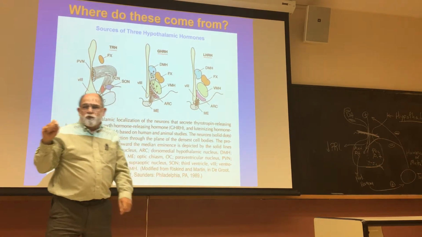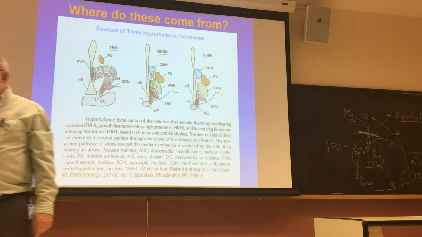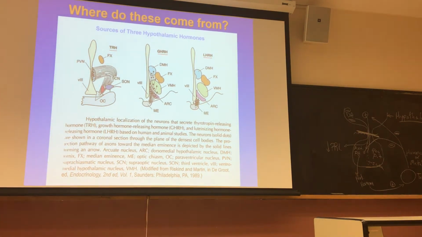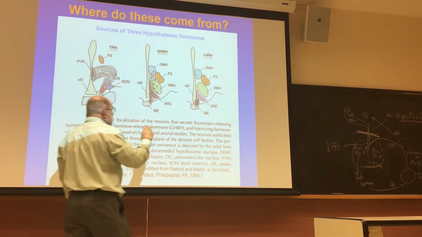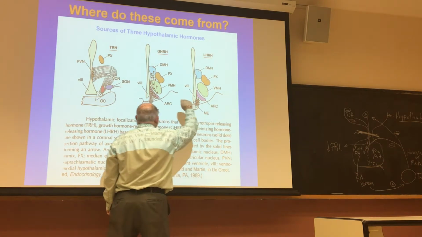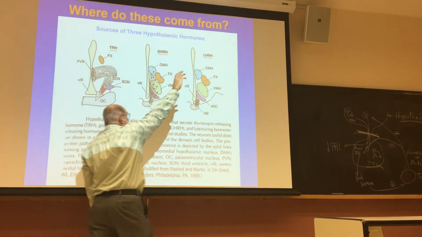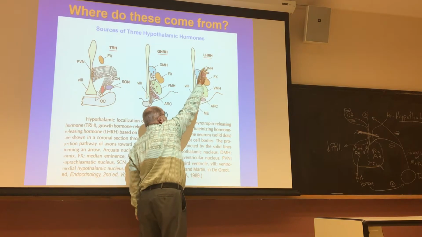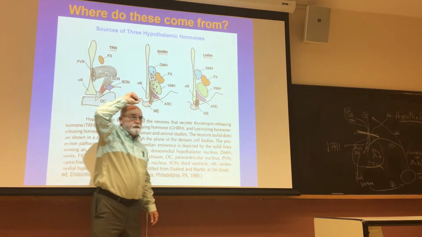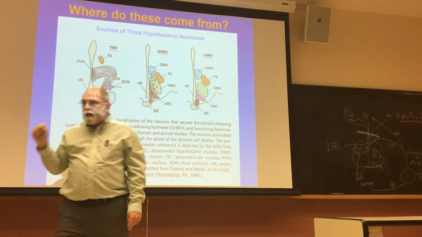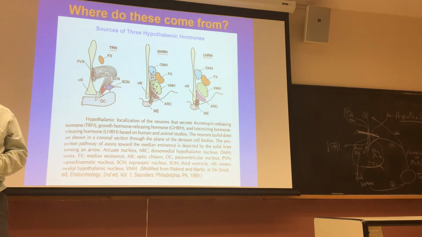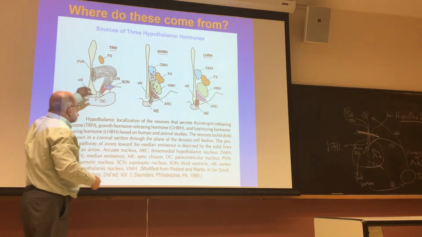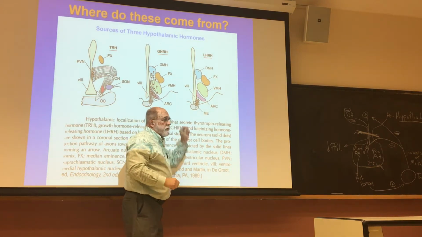If you were looking at primates, there is another set of LHRH producing neurons that are up further forward in the supraoptic nucleus. Okay. The reason we know that is because a lot of these early experiments that teased out where these were coming from